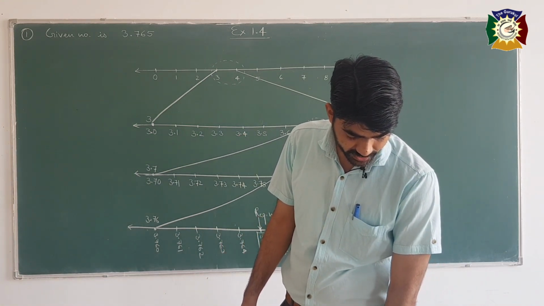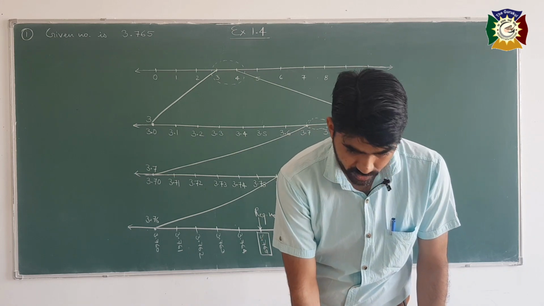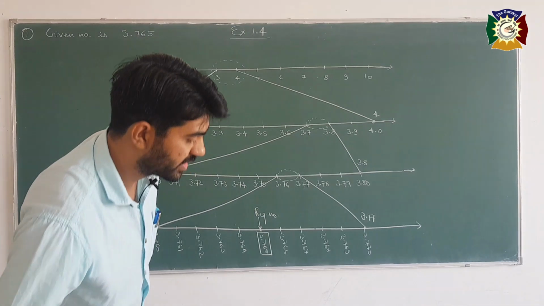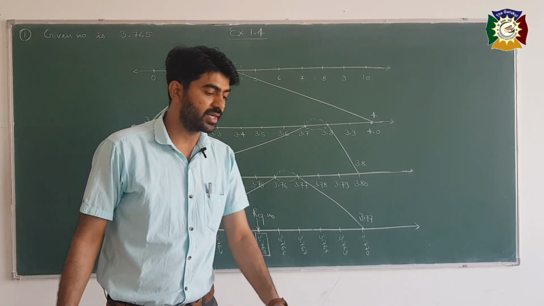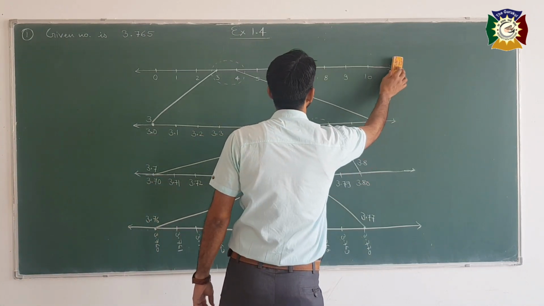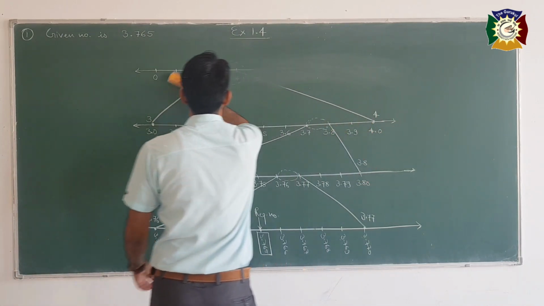Now we will see question number 2. Question number 2 is also very easy, in the same way, but this question contains a bar, that is 4.26 with the bar on both 2 and 6. Let us see question number 2.